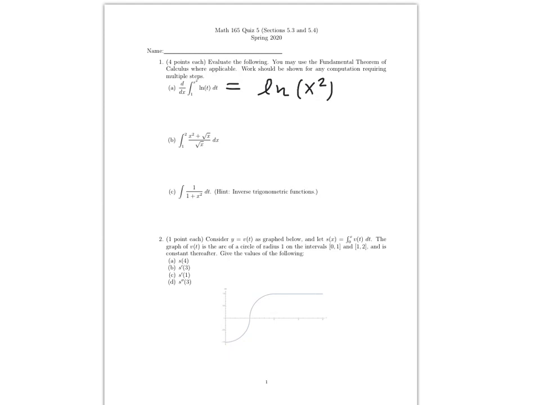Now, because the x squared is some function of x different from just x, we need to apply the chain rule and take the derivative of that function. So the derivative of x squared is 2x. And so the answer here is the natural log of x squared times 2x. And that's by FTC1